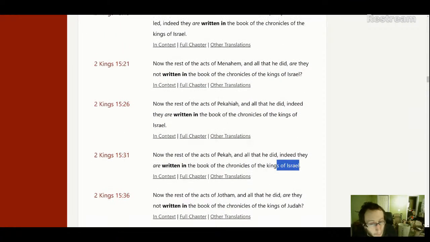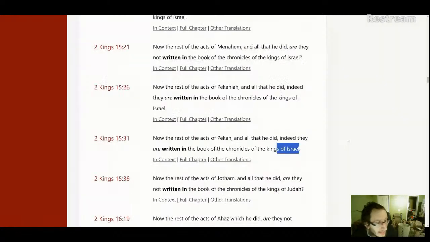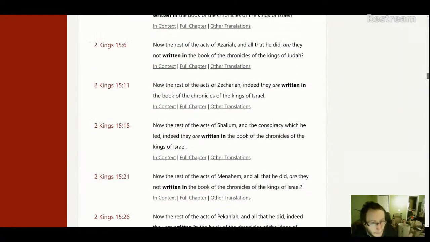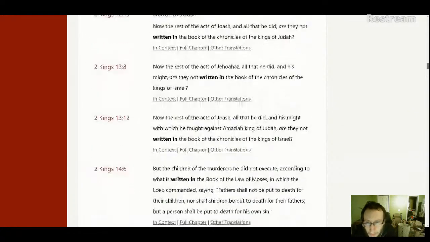So how would we reconstruct that lost book of the Chronicles? Well, we would use 1st and 2nd Kings, and we would use Chronicles. Chronicles gives us a picture of what the general character of the Chronicles of the Kings of Israel would have looked like. As we're about to find out, each of the earlier kings' reigns were written by prophets. So notice, we'll see.